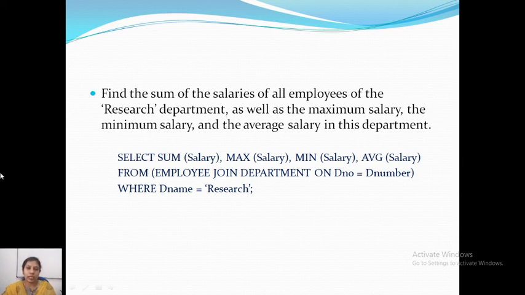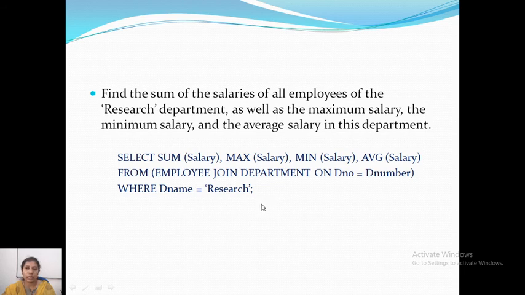You can see here in the from clause, we write employee join department on D number. This is one of the attributes in your employee relation. So D number equal to the department number attribute of the department relation. So we are selecting these values, but they have mentioned the name should be research.